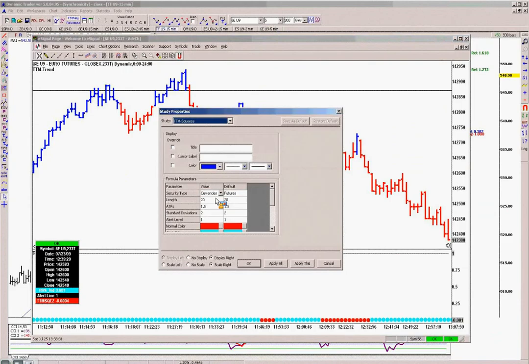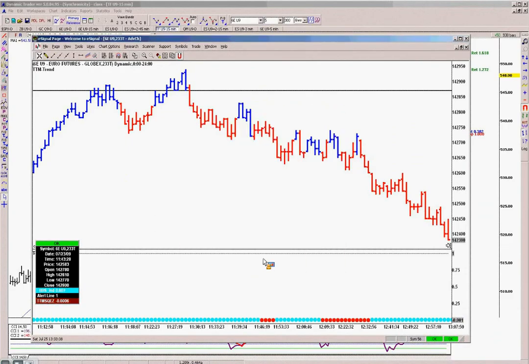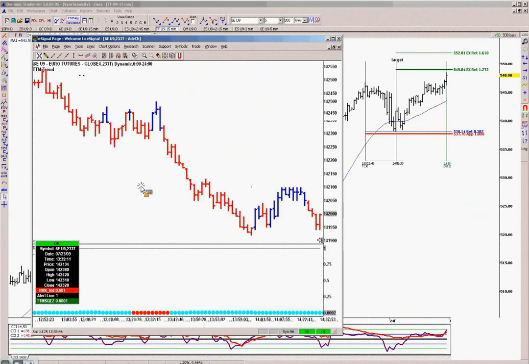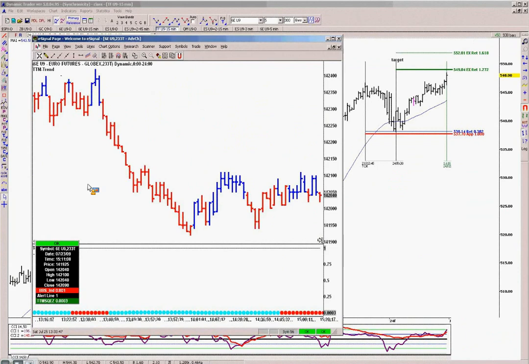Oh yeah, the length, I think if the default is 20, that's what I have on these. But I think that I've played with it both ways. Let's see if there might be another.